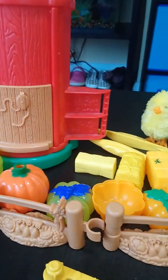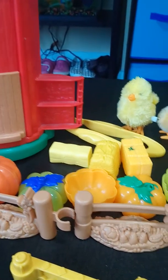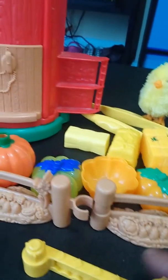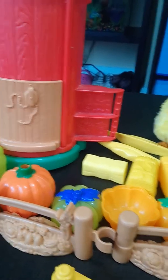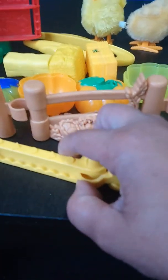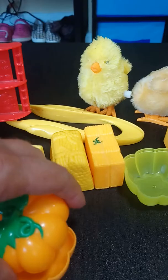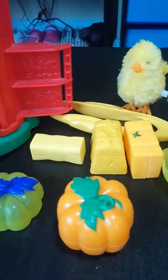The next activity I have planned here is for his fine motor and motor skills in general. The first activity I have is just connecting these different fence pieces back together. Sorry, it's hard to do it with one hand, but he'll just be connecting the fences together, or putting these pumpkins, which came from Shopkins, back together. I thought those are good little activities for him to connect things, so I have a bunch of these little